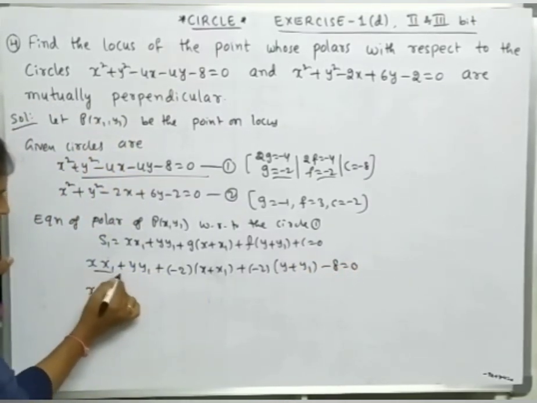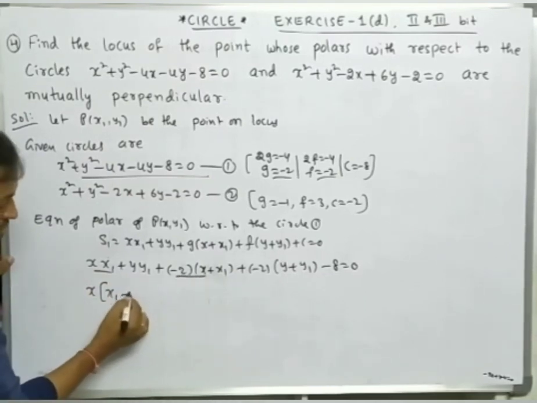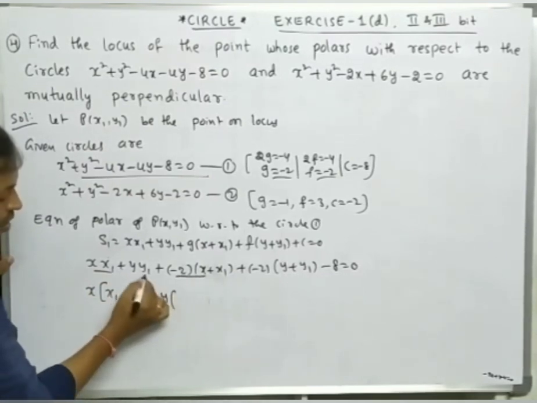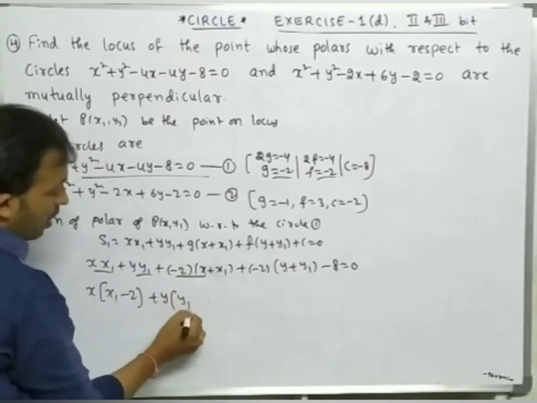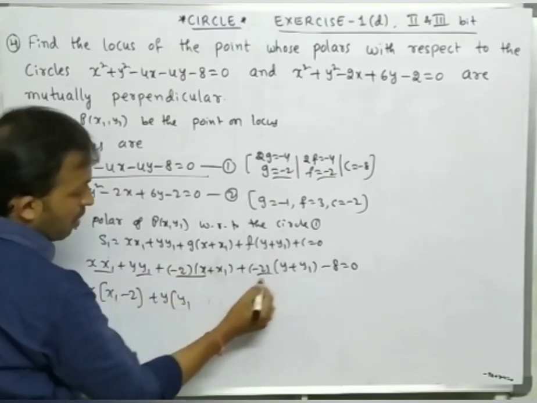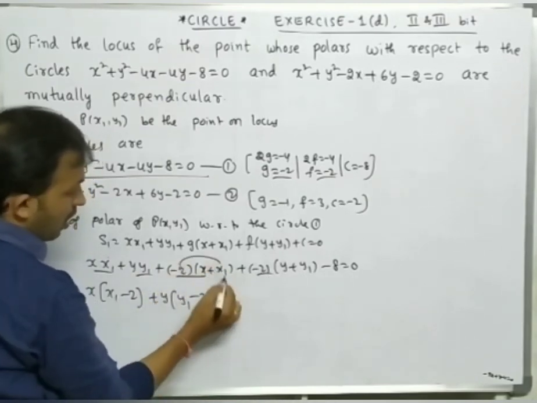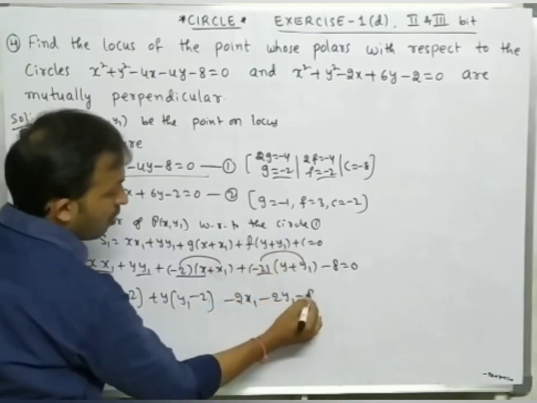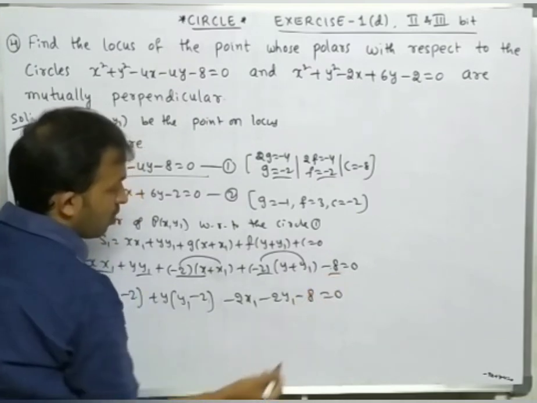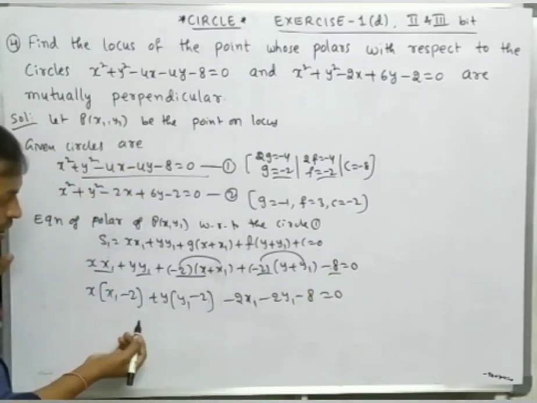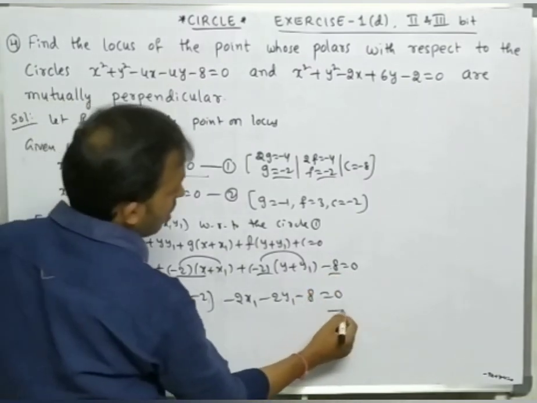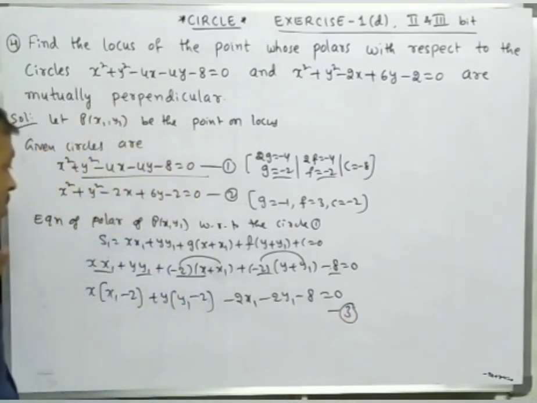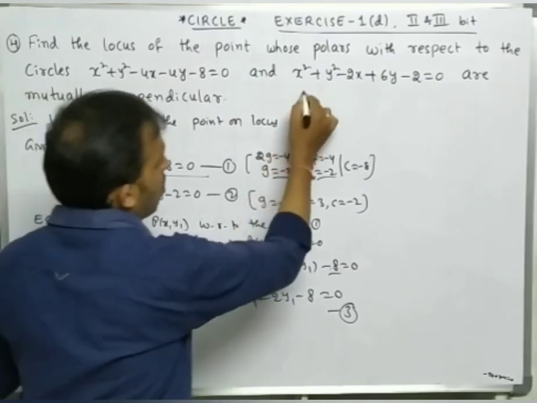Here x1 is remaining, here minus 2. Y is common, here y1 we have, here minus 2. So in this one we have minus 2x1 minus 2y1, here minus 8 is equal to 0. Okay, so this is equation number 3. Similarly, the equation of the polar